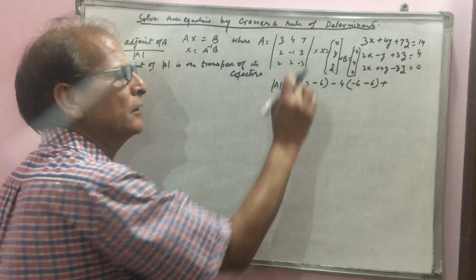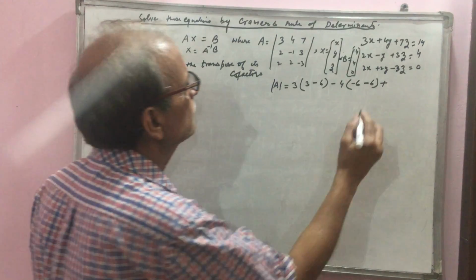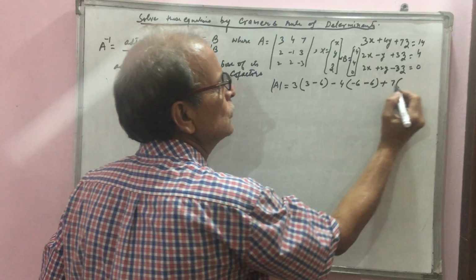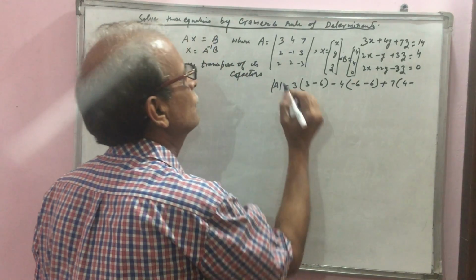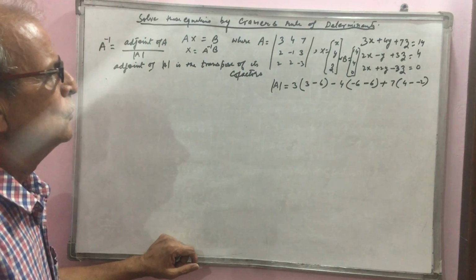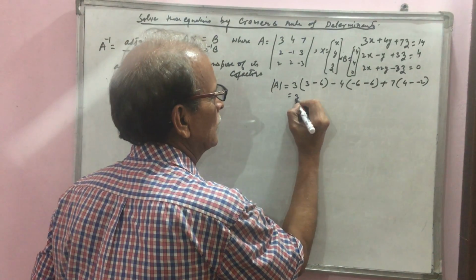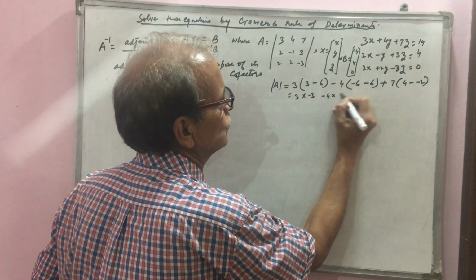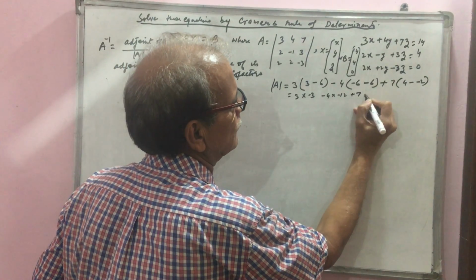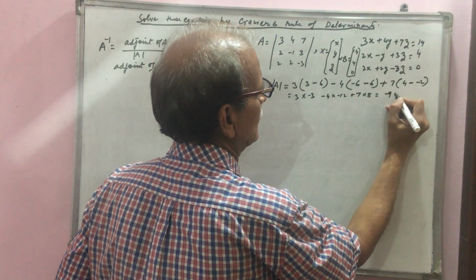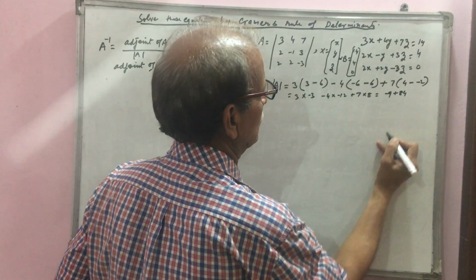Then with the third element, we have to write plus 7. Delete this row and this column. 2 into 4. Put minus itself. 2 into minus 1, minus 2. So this value will come 3 into minus 3, minus 4 into minus 12, plus 7 into 8, which will be equal to minus 9 plus 84